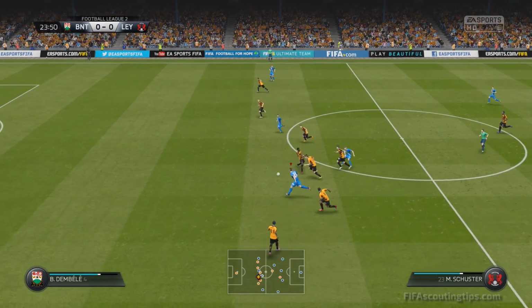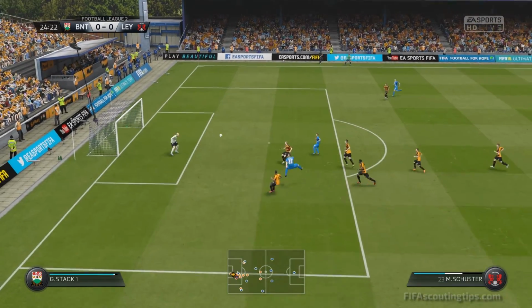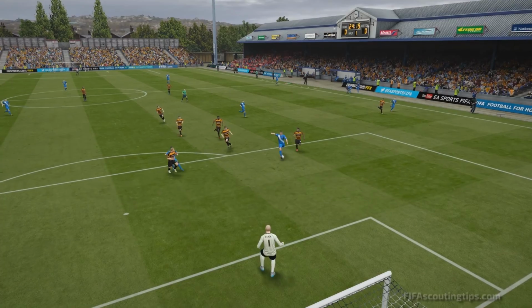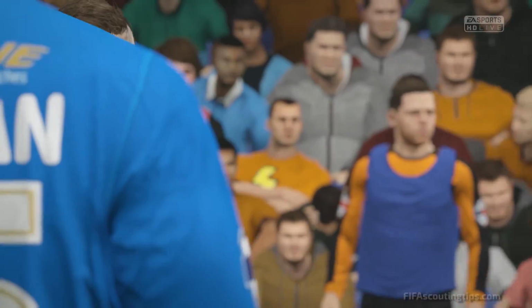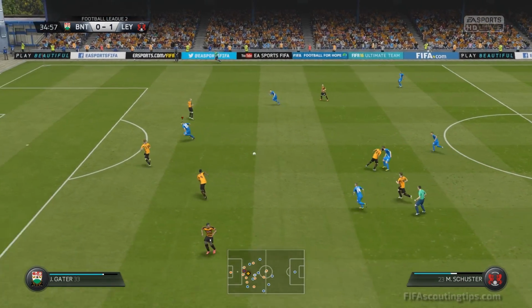We made amends though. Schuster on the counter-attack, using his pace, no one was going to catch him with how quick he is, and he hit it into the far side of the goal. Goalkeeper stood no chance with shooting like that. Really, really doing well. This came from their attack, and we hit them on the counter-attack and made them pay. Schuster now up to 6 goals in the league,